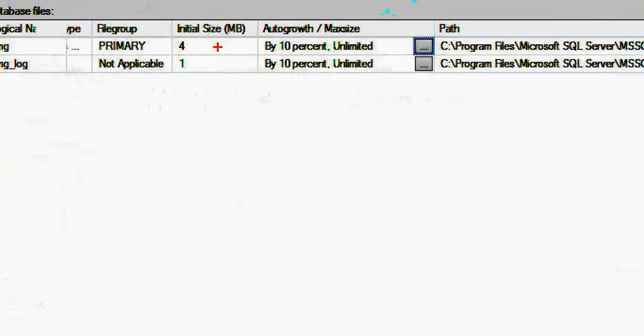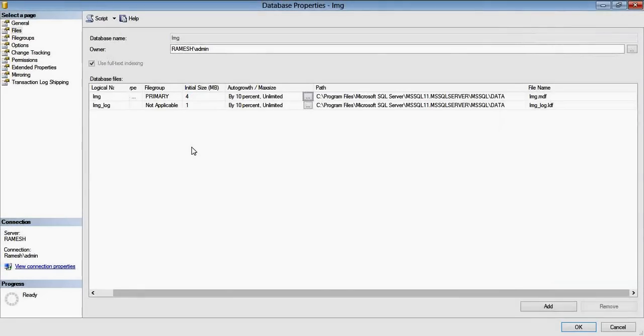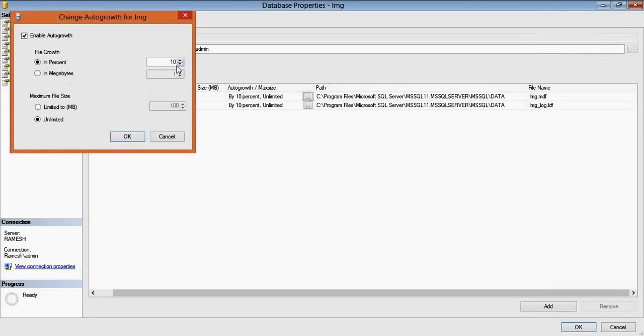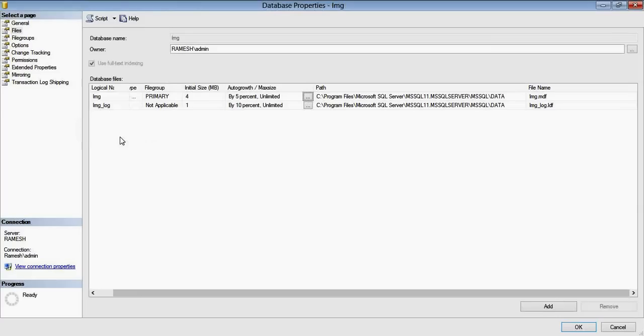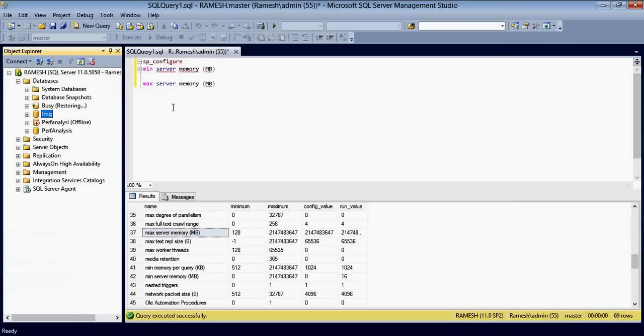For that, if your MDF file is more than 400 GB, then you have to set the percentage as low as possible. Keep it at 5. 20 GB will not take more than 2 seconds to increase the size of your MDF file. And the most regular question which I see in forums is about shrinking the database.